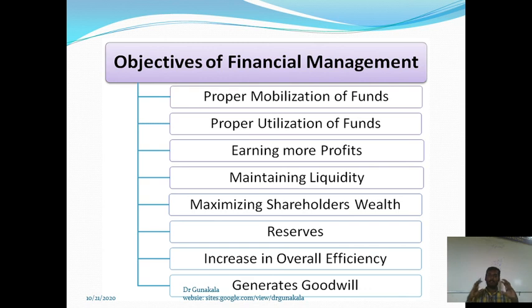Similarly, while maintaining good financial management in the organization, we can generate goodwill. You know that one of the biggest scandals in India, like a certain scandal. The backdrop of the case is completely financial problems. So if the company maintains transparent records and a transparent financial system, ultimately the company has its own goodwill. These are the fundamental objectives of financial management.